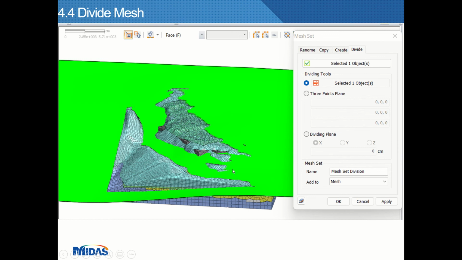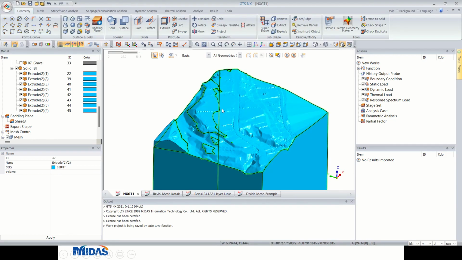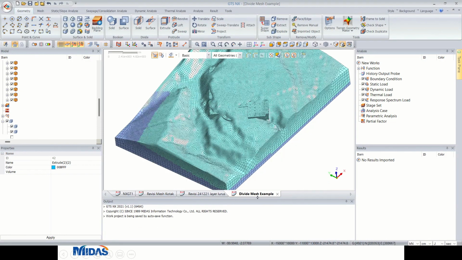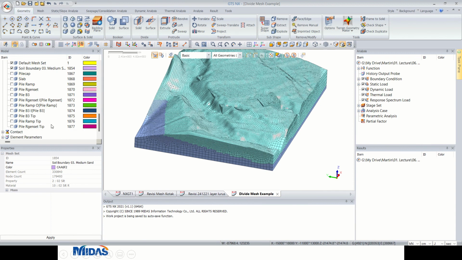So that I can easily apply parameters to that mesh set. Rather than divide the geometry and apply properties to the geometry, I make the mesh first, then cut the mesh, which of course has its own weakness, and I would like to introduce the problem to you.